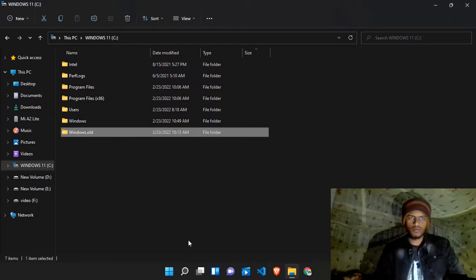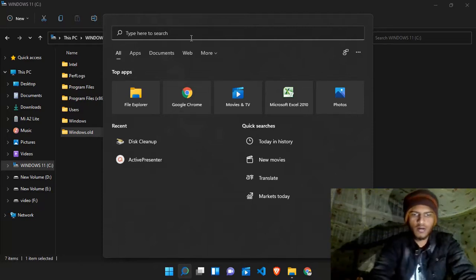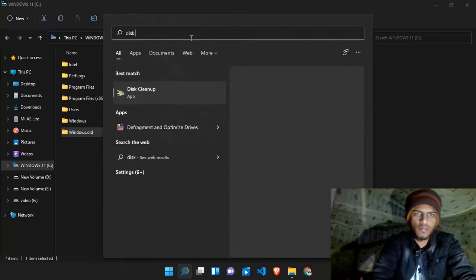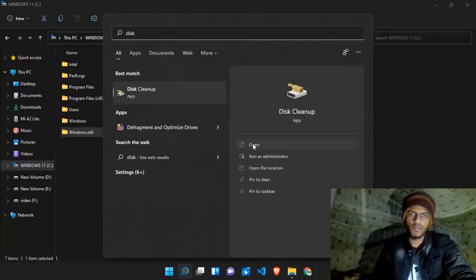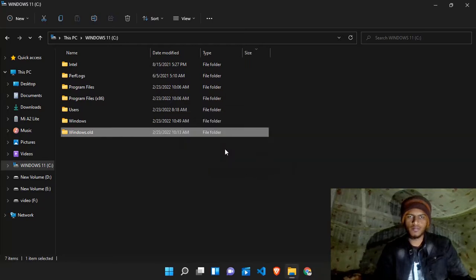So to delete this old Windows file, go to search bar, then type here disk cleanup. Disk cleanup, open. Windows 11. C drive, okay,